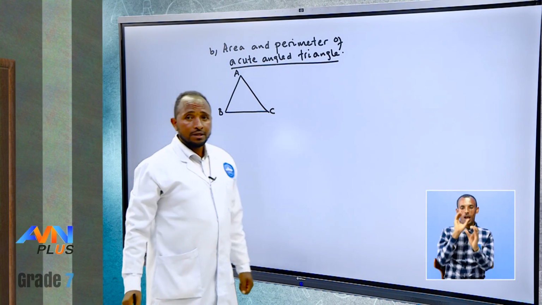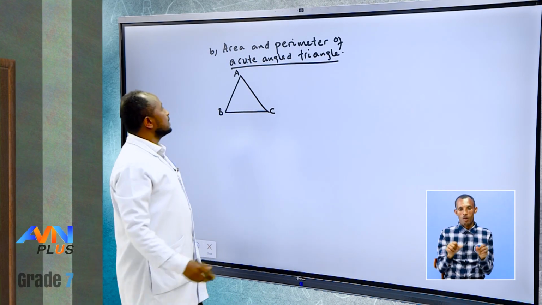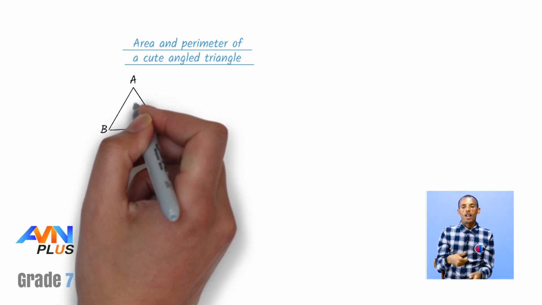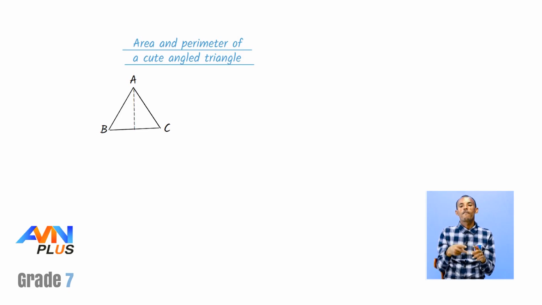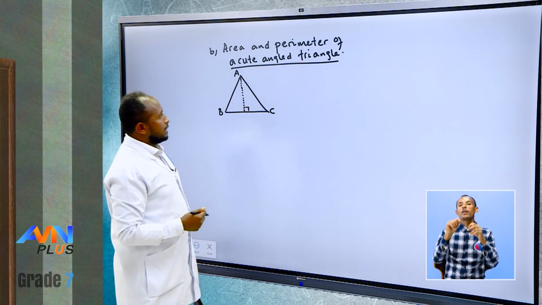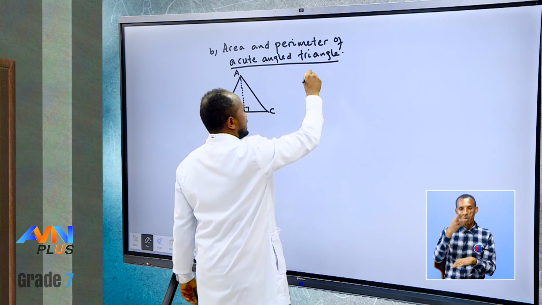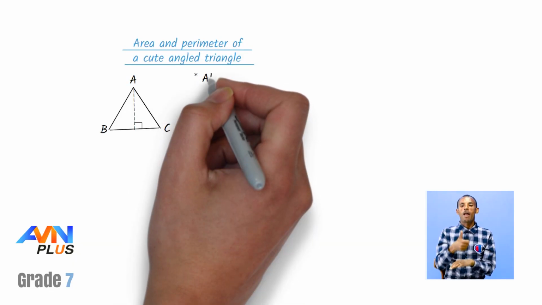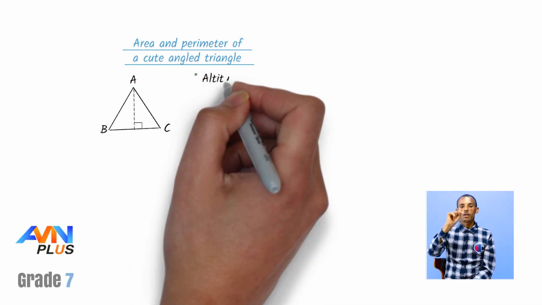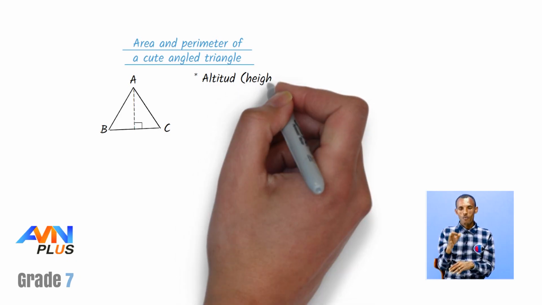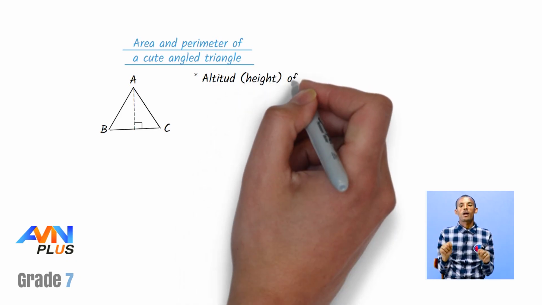To calculate the area of such a triangle, draw an altitude from one vertex to the opposite side. So we call this an altitude or height of this triangle. Altitude or height of a triangle, let me write this definition. Altitude or height of a triangle